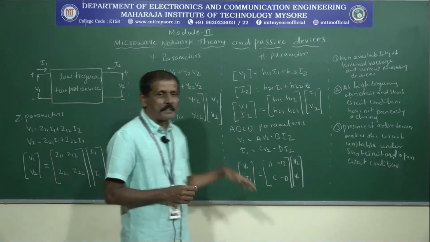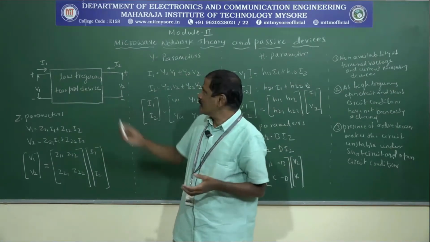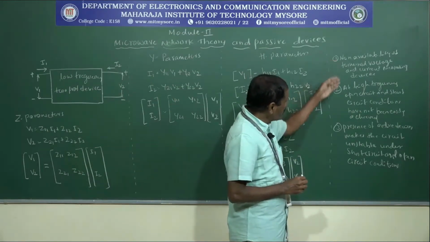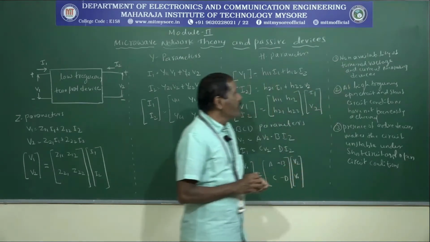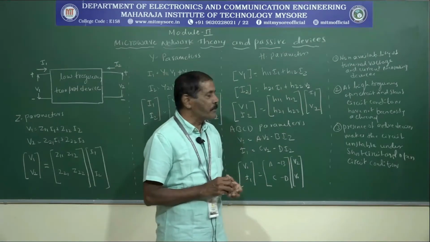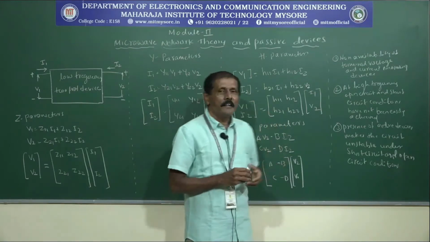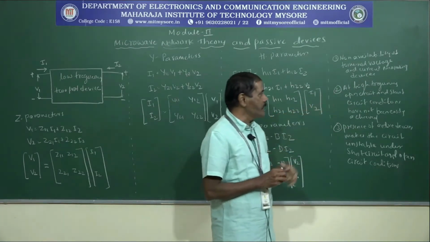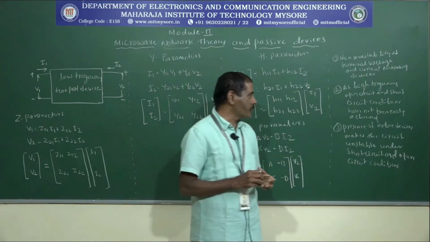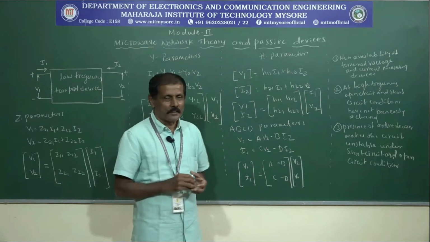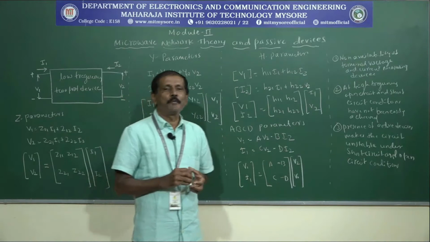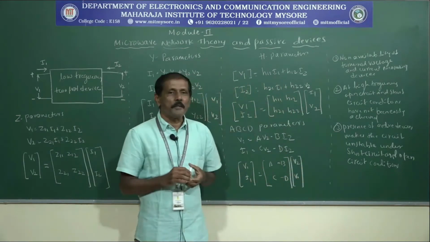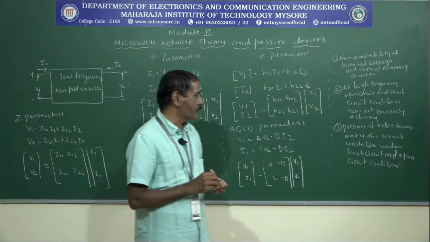These 4 methods we are not using to analyze or study microwave networks, because of some issues. There are 3 major issues. The first issue is non-availability of terminal voltage and current measuring devices. That is, we do not have any devices to measure the terminal voltage and the current at high frequencies. The second one is, at high frequency, open circuit and short circuit conditions are not easily achieved. I mean to say that at high frequencies, it is very difficult to achieve open circuit and short circuit conditions. And the third one is, the presence of active devices makes the circuit unstable under short circuit and open circuit